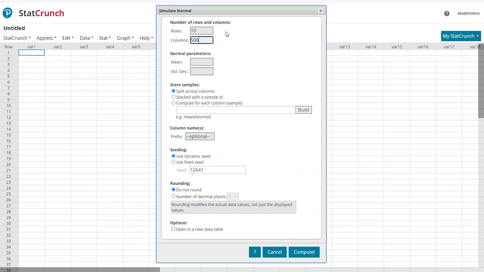So I'm going to go out and collect the IQ score from 10 randomly selected people, and I'm going to do that, repeating that process 500 times. Now we're told that our mean for IQ scores, the population parameter, is 100 and our standard deviation is 15. I'm going to add in a header for each of my samples just to keep it clear, and I'll hit